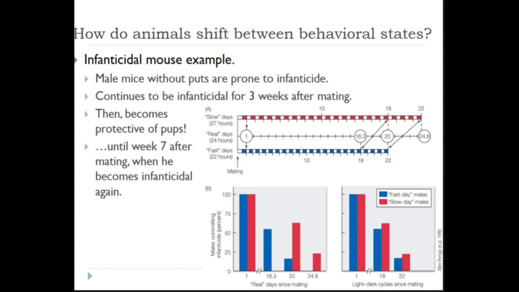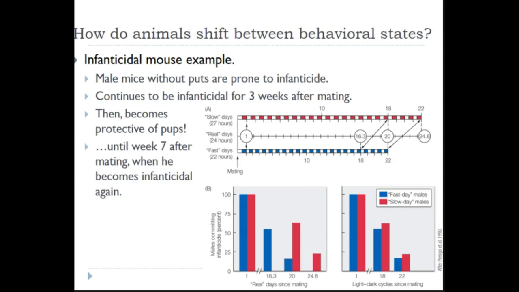Yeah, so I don't know if they're realizing it, but I'm sure their hormones are fluctuating. But I think that's kind of the argument, is that maybe they don't know what's going on, but selection knows what's going on, right? So after 3 weeks is basically the gestation period of these mice, and so there is a possibility once 3 weeks hits that those pups that they encounter could suddenly be theirs, and they don't know if they're theirs.